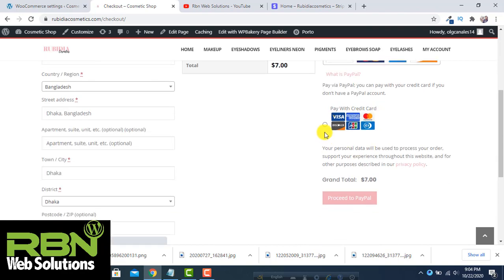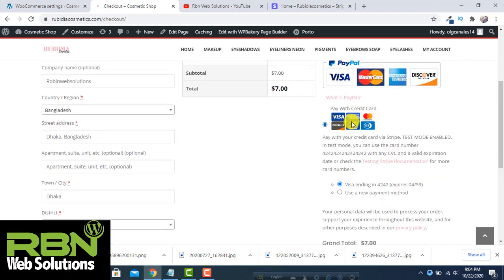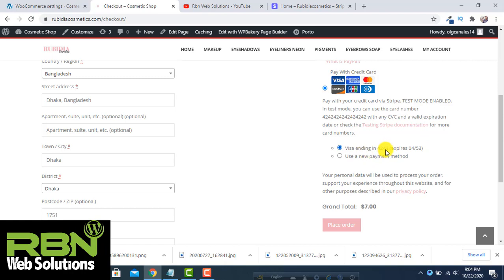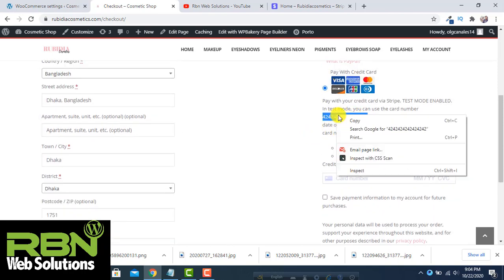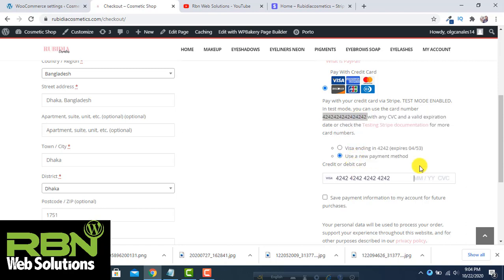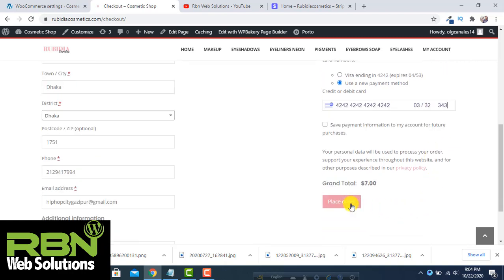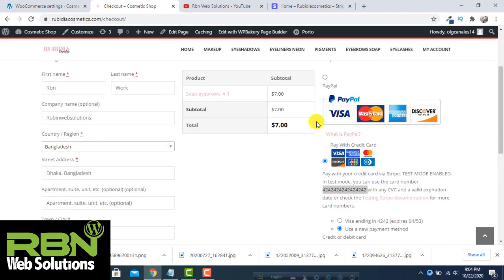We are going to check this, and then we have already a saved card. We are going to use a new card. Then here you have to put the card number. The test card number is this one, and then you can put any number, then click on Place order. We are creating a $7 order.